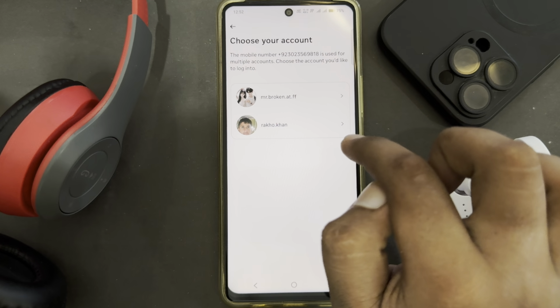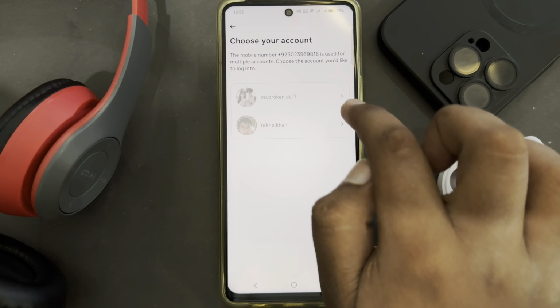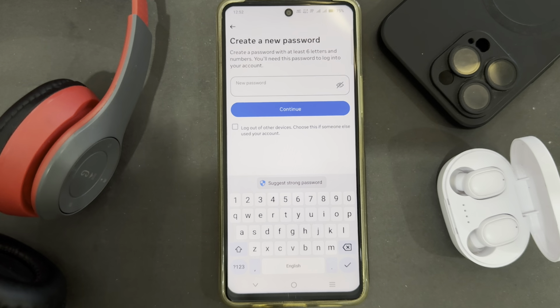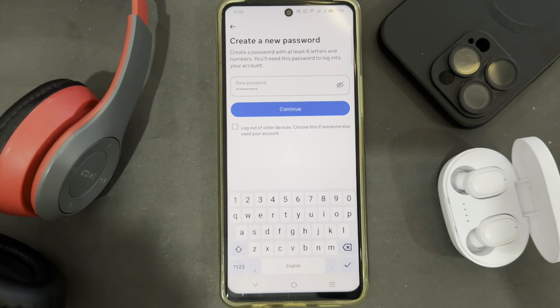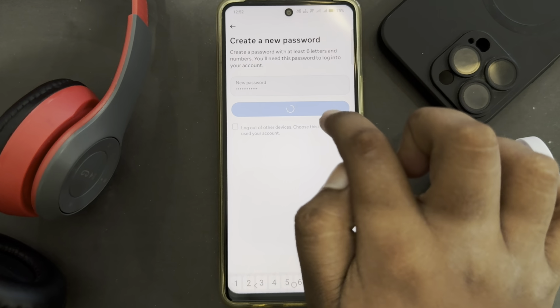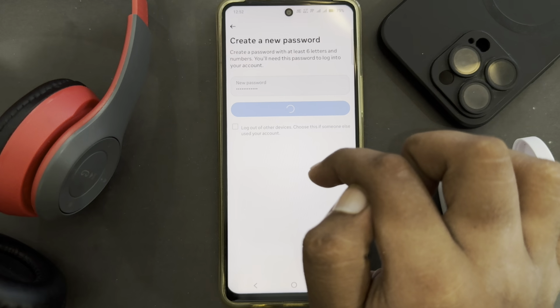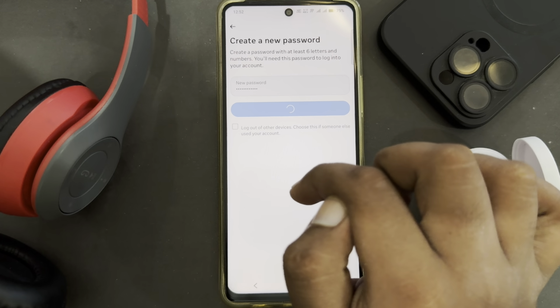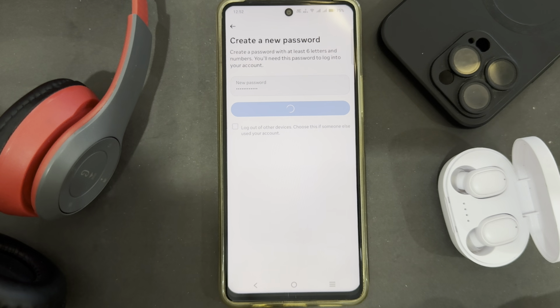and here you have to choose your profile. I'm going to choose my account. Now you have to enter a new password. As you can see, I have entered my password. Now tap on continue, and here you have to confirm your password, and then you'll successfully